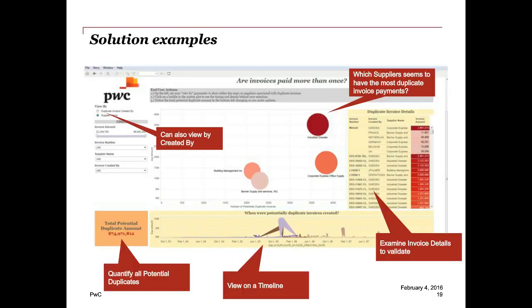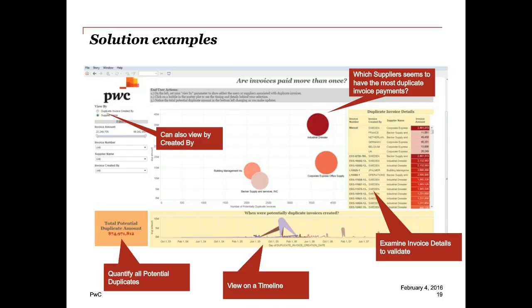Here's a quick example of one of our solutions, so visualized analytics that can find those needles in the haystack per se immediately. You'll see in this case that the Corporate Express office supplies vendor seems to be the vendor with most duplicates processed for them. So the client can immediately beeline to that, drill down into the details of that vendor. We include the total value for this client, so $74 million in this case we detected was leaking over a